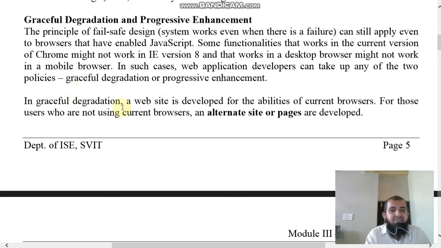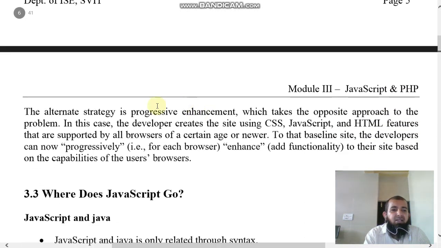In graceful degradation, a website is developed for the abilities of current browsers. For those users who are not using current browsers, an alternate site or pages are developed. The alternate strategy is progressive enhancement, which takes the opposite approach to the problem.